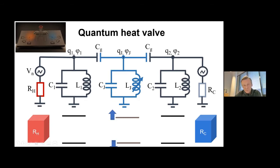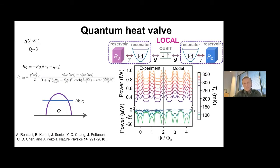and we are going to get photons down the road here. So in this kind of experiment, by the way, the number of photons that we are transmitting is at the minimum about 1 million photons per second. And this is what in fact happened in the first experiments, when we had this qubit here and we had connected it to the resonator, which is in fact quite strongly coupled to the reservoir. So when we made this resonator